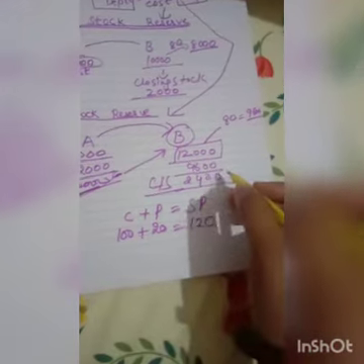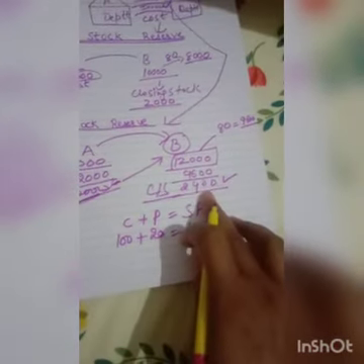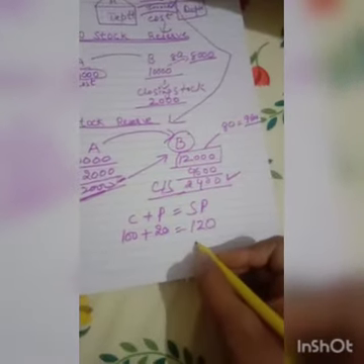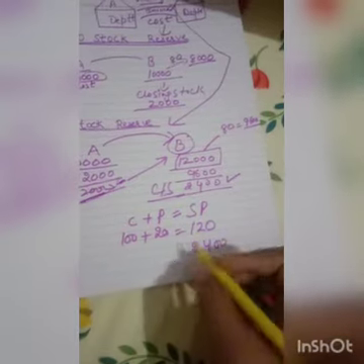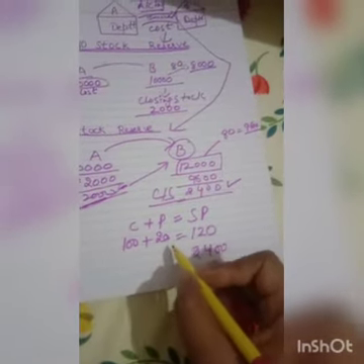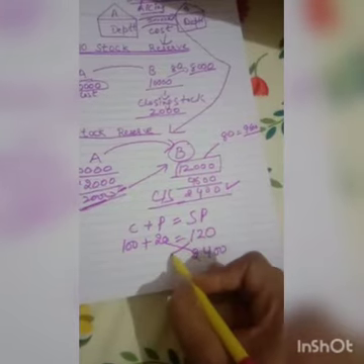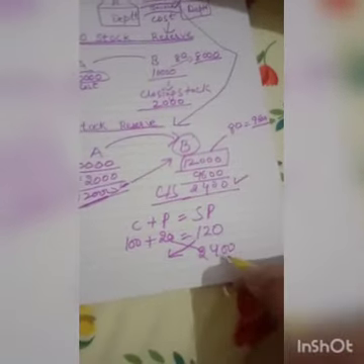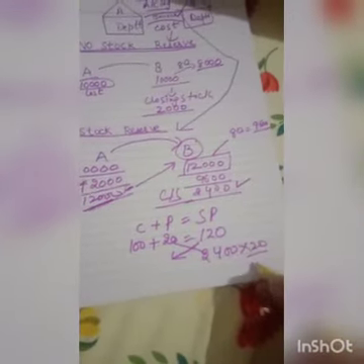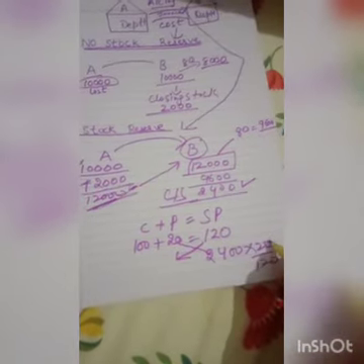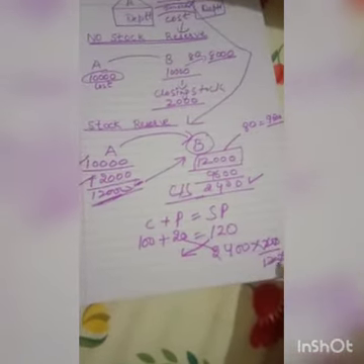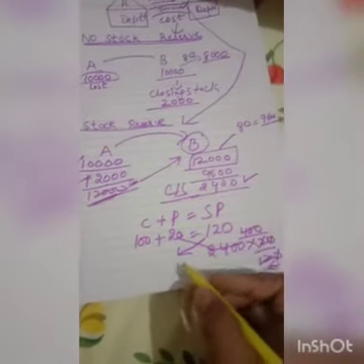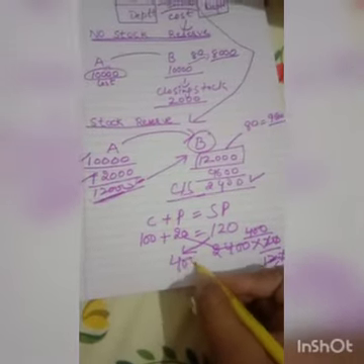Now in this question we have calculated the closing stock, that is 2400. So now we are going to keep 2400 here. For calculating this, we are going to do cross multiplication here. So 2400 into 20 divided by 120. Now this we can calculate. The answer is 400. So the total stock reserve is 400.